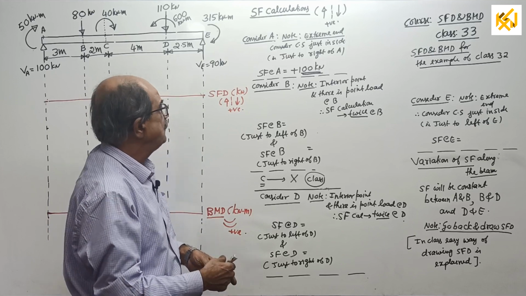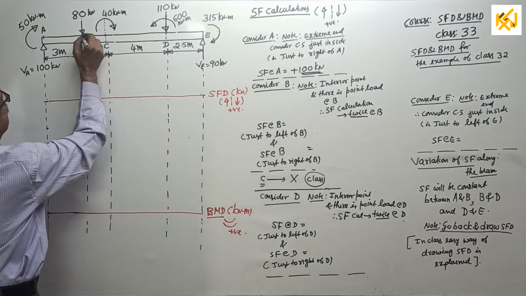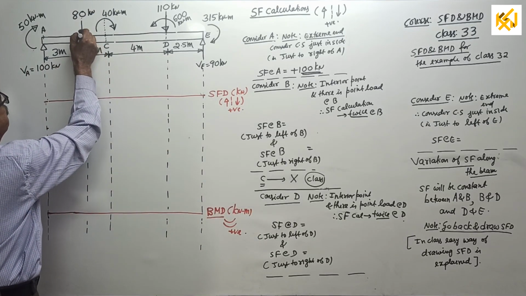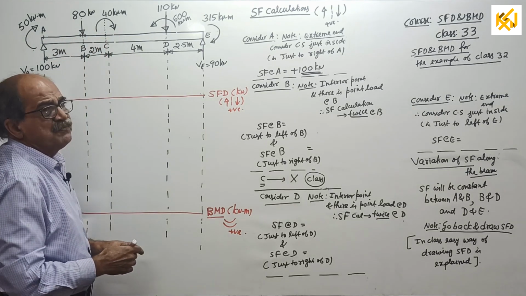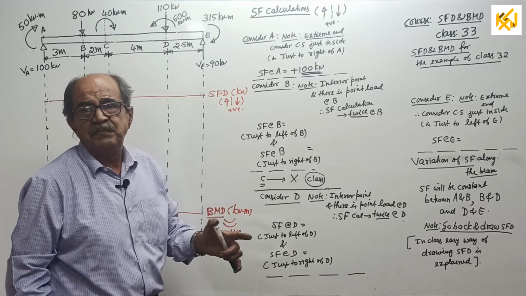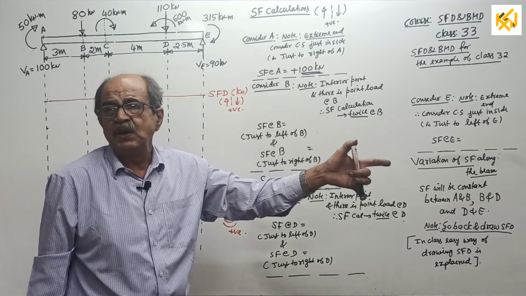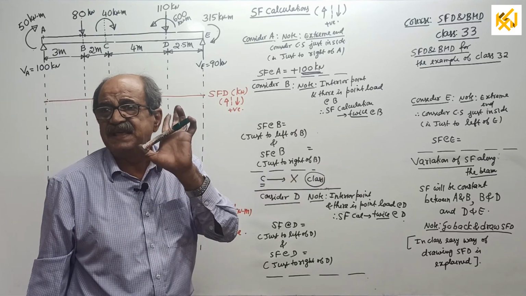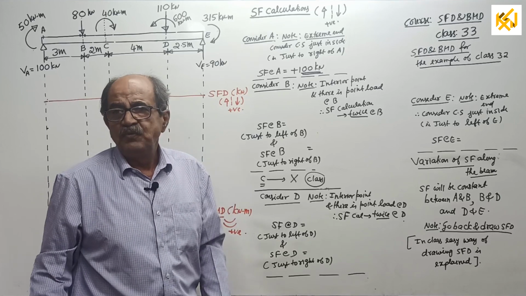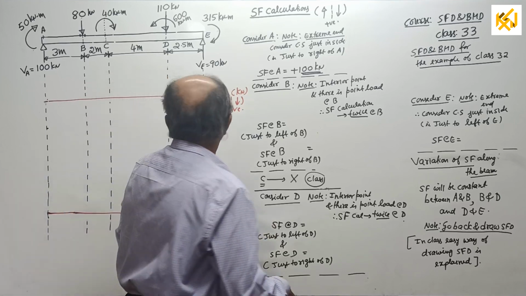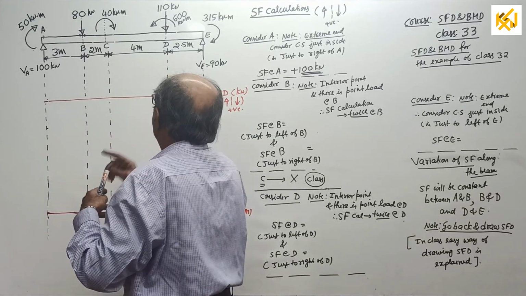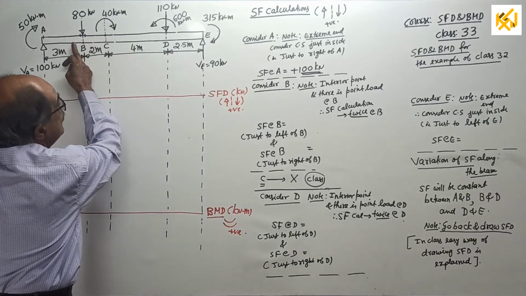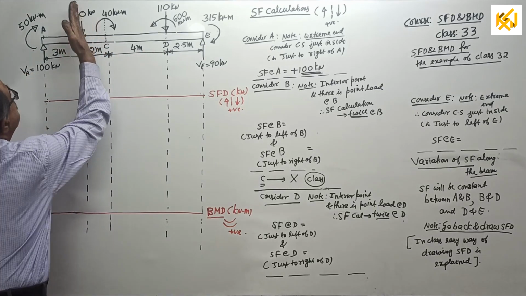See, what you do is, shear force at B, first just to left of B and then just to right of B. Which one first means, in my class from now onwards, up to the end of the course, except some special cases, when you go for SF calculation, we will always start from this side. So always first just to left, then just to right. Just to left means here.